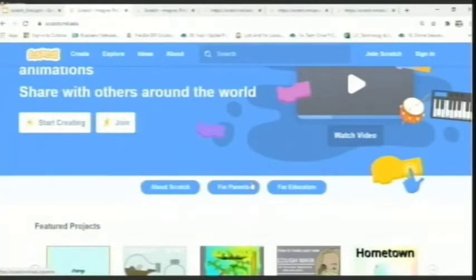So if you are a teacher, there is very informative material for you on Scratch. If you can look at the screen right here, it reads For Educators. This particular tab has all the information that is needed for the educator. There are multiple educators across the globe who are trying to create animations or interactive content regarding subjects, whether very difficult or very simple, or any interactive topics that they are willing to do.